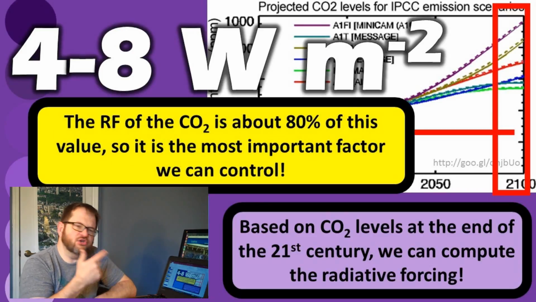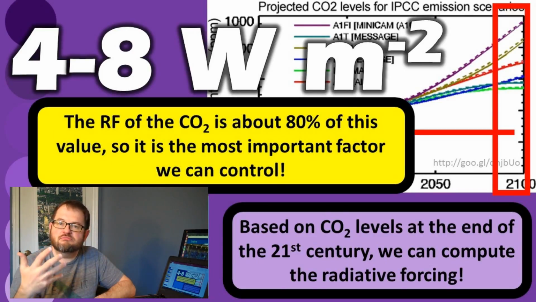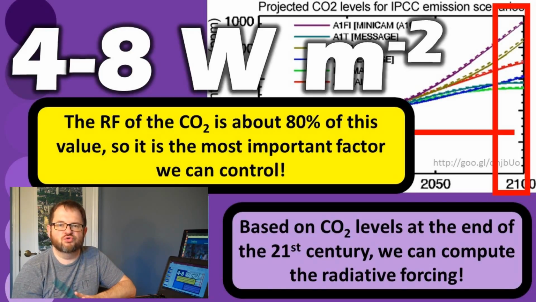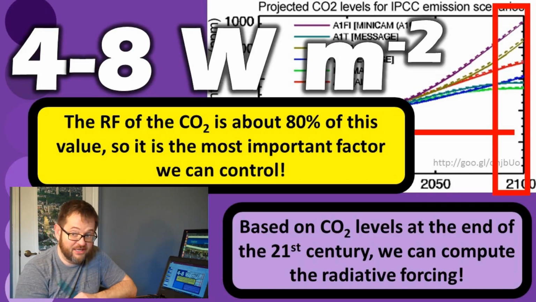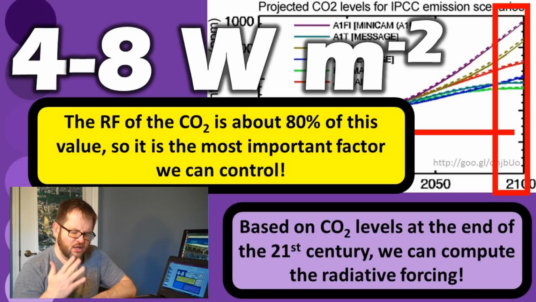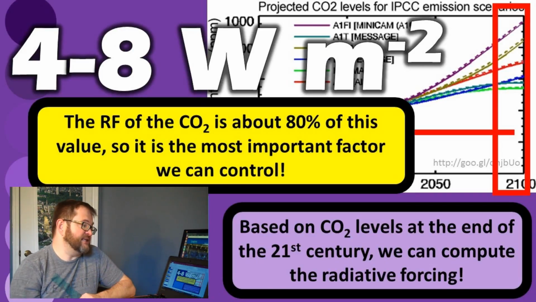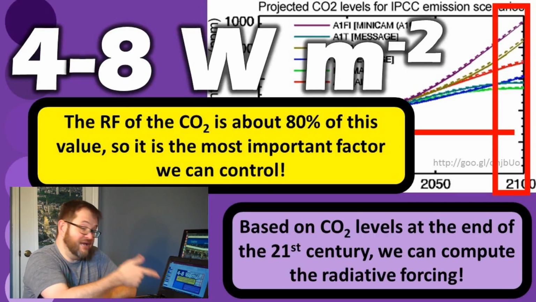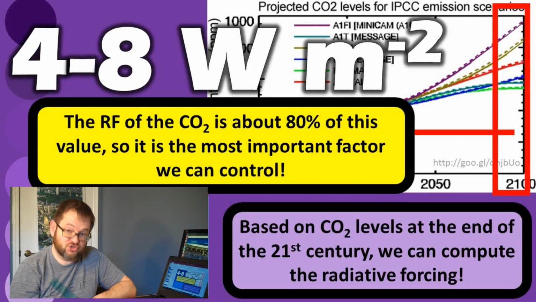Now, that radiative forcing that you are seeing there, we could, and in fact they do, partition that. How much of that is due to the aerosols that we're adding to the atmosphere? How much of that is due to the methane that we're adding into the atmosphere? How much of that is due to changes in albedo as we have more urbanization, and so on? It turns out about 80% of that radiative forcing is directly due to the carbon dioxide itself. Okay? So clearly carbon dioxide becomes the primary factor that we can control that is determining what the climate is going to be like at the end of the 21st century.